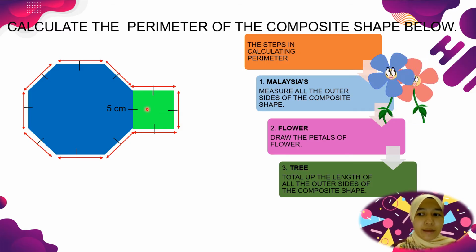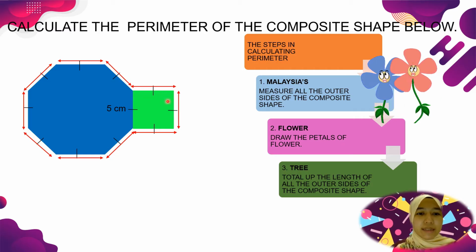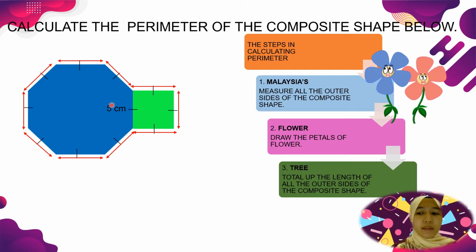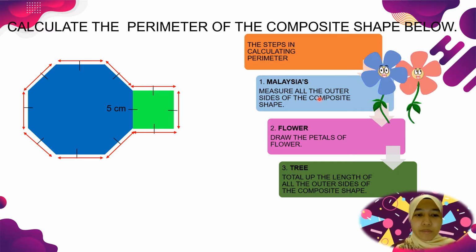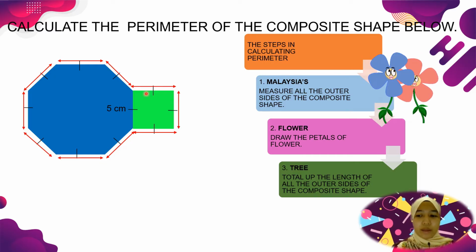Did you notice that all the sides are marked with a single mark? This indicates that all sides have the same length. Yes, it is 5 cm. Now, let's measure the perimeter of the composite shape. Do you still remember the definition of the perimeter? Perimeter is the total length of a closed figure. Excellent. So, we already know that the length of each side is 5